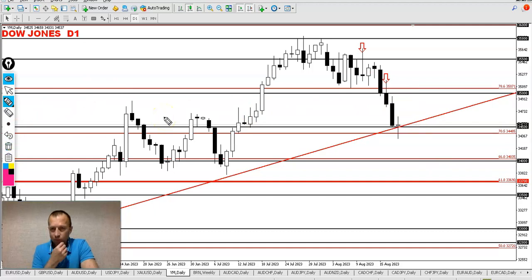But I would recommend to sell on strength, guys, and just wait and see what will happen on Monday and Tuesday, because now in the US all stock markets are in negative territory. It's Nasdaq as well as S&P 500. So I am trading only Dow Jones. In terms of volatility, this is the most attractive market for me.